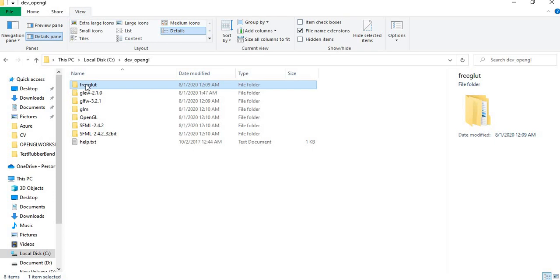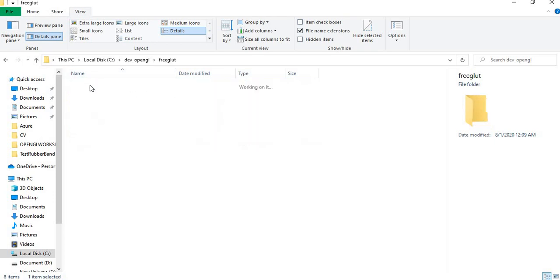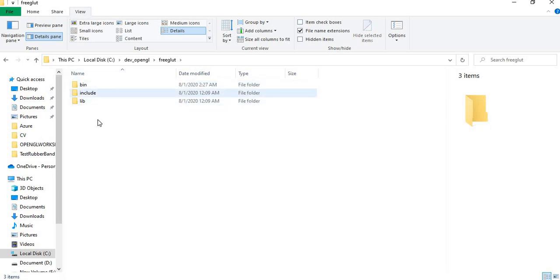Remember, we have to create the same structure: freeglut, and inside freeglut, bin, include, lib. This structure you need to create in your system inside a freeglut folder.